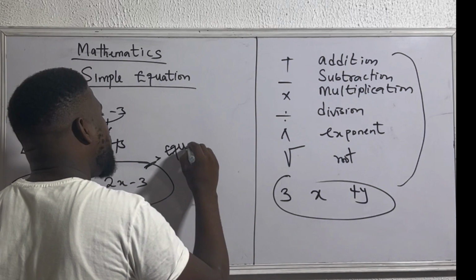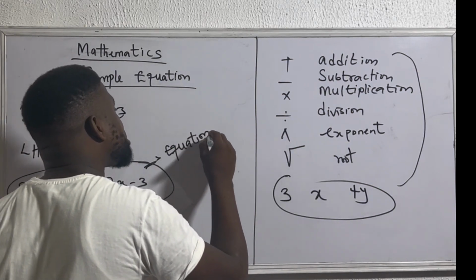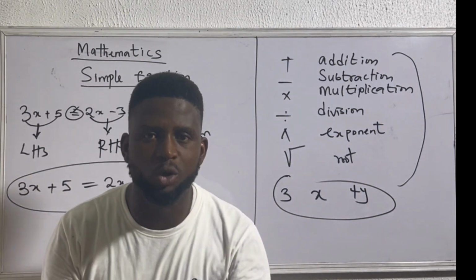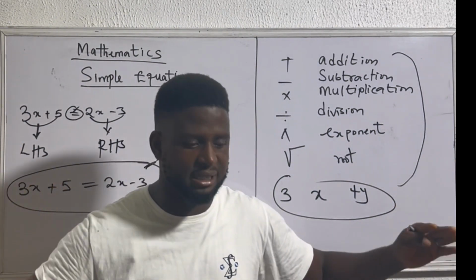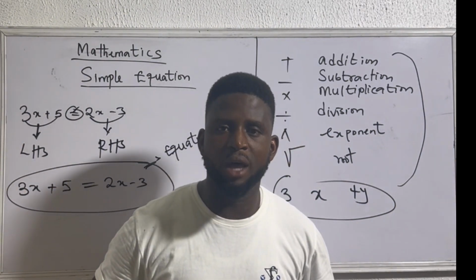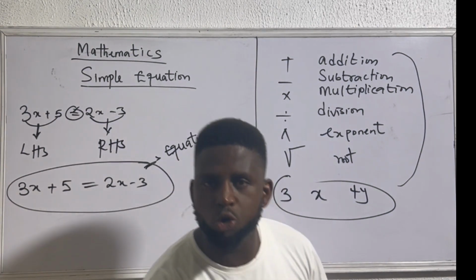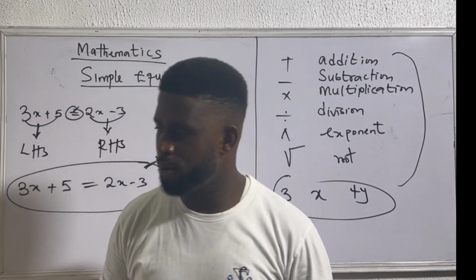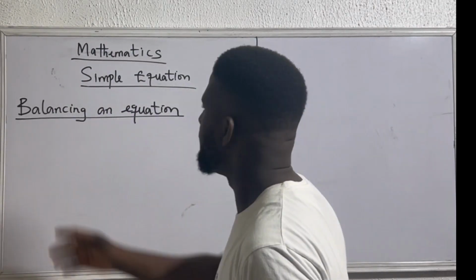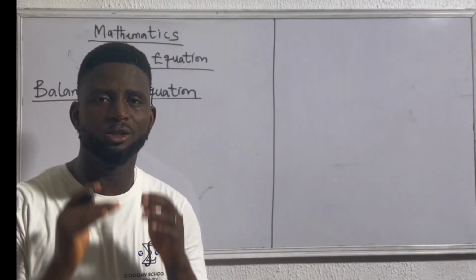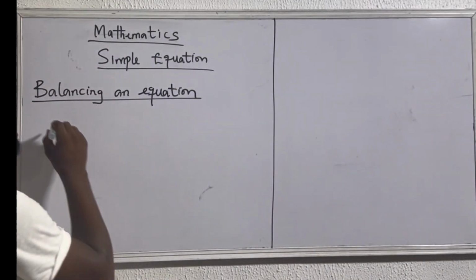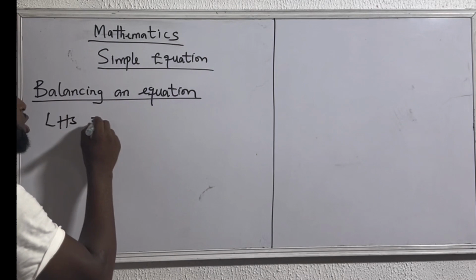So an equation is a mathematical statement that contains two expressions on both sides, that is the left hand side of the equal to symbol and also the right hand side of the equal to symbol. All right, so balancing an equation. It is important to note that an equation remains balanced if the left hand side is equal to the right